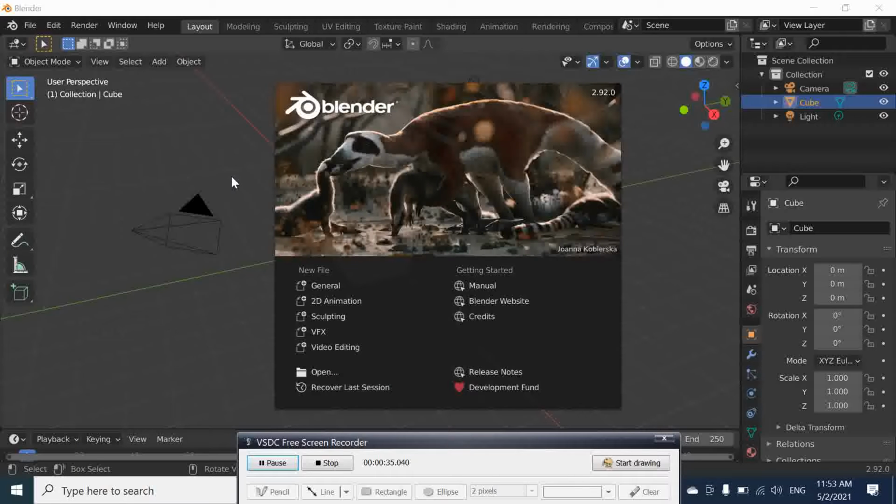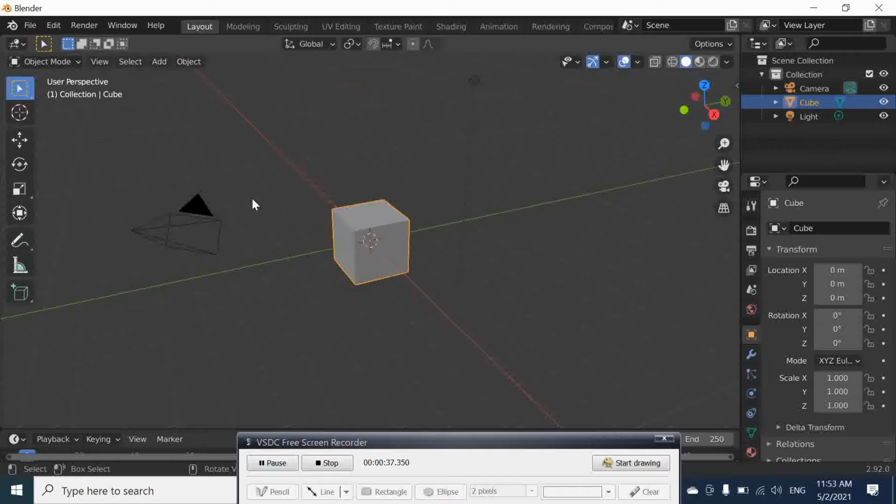Let it come up, and here is our welcome window. We select any area here. When preparing to do any add or delete operation in Blender, it is important to know in which mode we are. If you want to add or delete an object in object mode, the object will behave differently. So without further ado, let's get started.